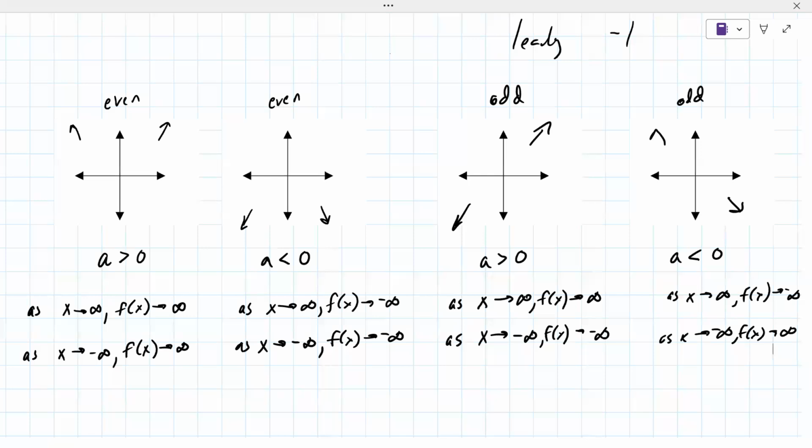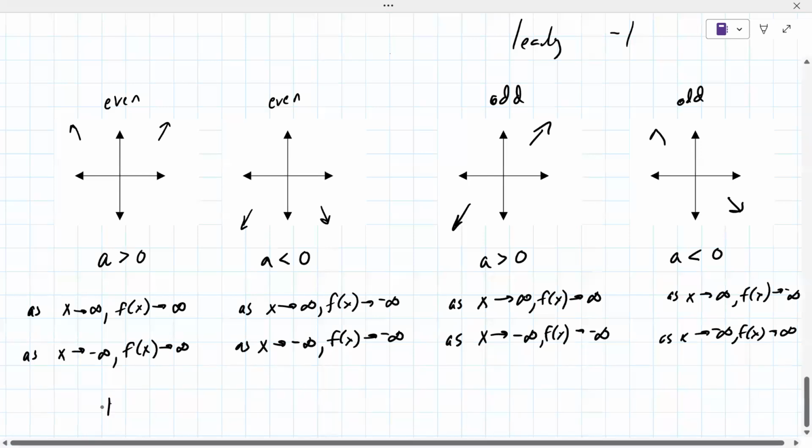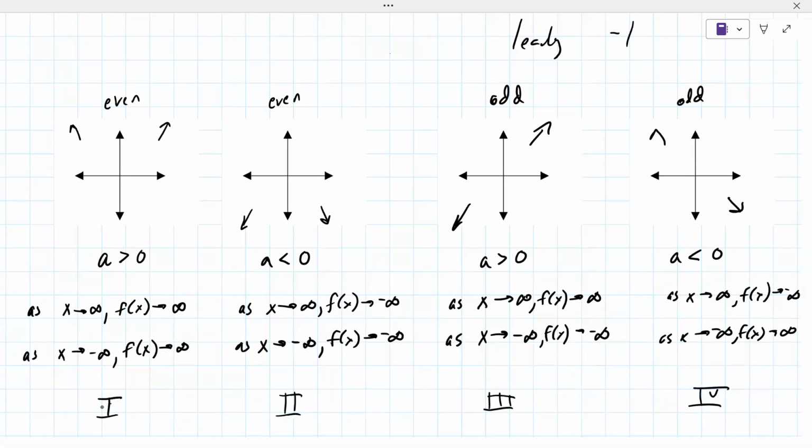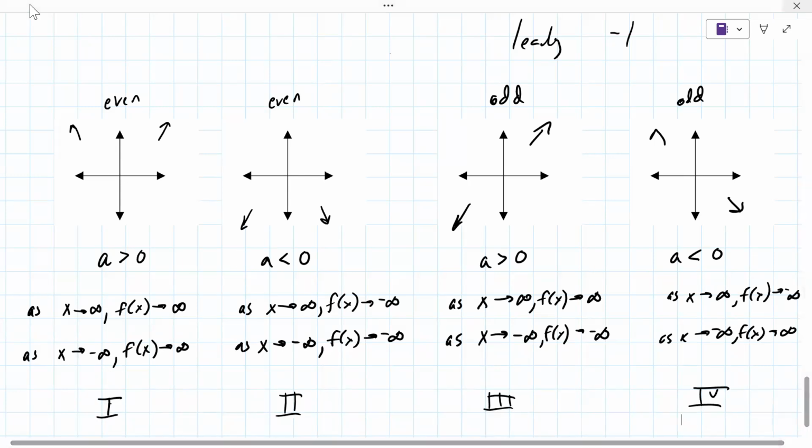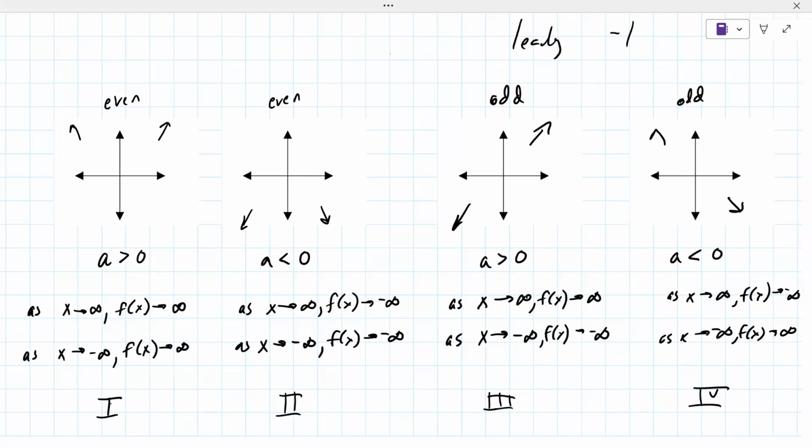We'll now do some more end behavior problems. And if you don't feel like writing stuff, we can call this 1, 2, 3, and 4. They're not labeled like this, but there's only 4 possibilities. You write fast, I'll give you that. Okay, so